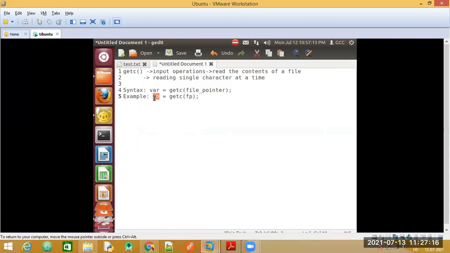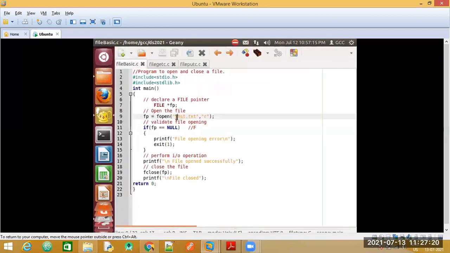Here we have declared a file pointer and are trying to open the file test.txt. If there is a problem in opening the file, these statements are executed. If there is no error, then instead of just printing this, we will perform the input output operation.